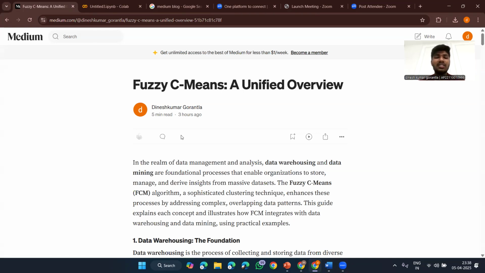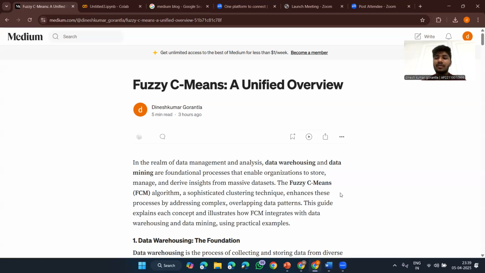The fuzzy C means FCM algorithm, a sophisticated clustering technique, enhances this process by addressing complex overlapping data patterns. This guide explains each concept and also illustrates how FCM integrates with data warehousing and data mining using practical